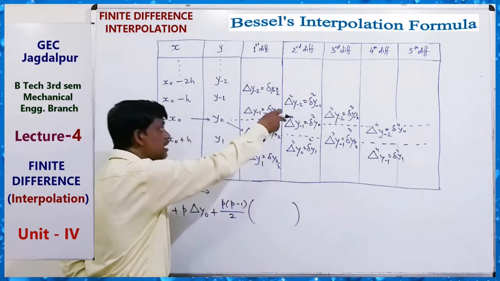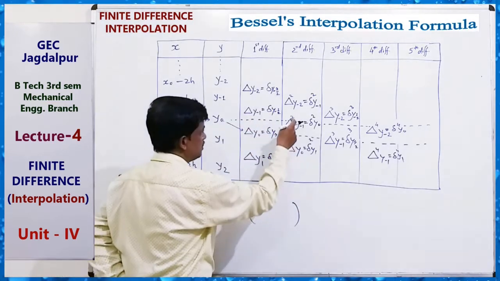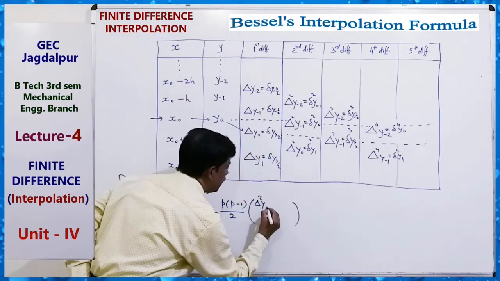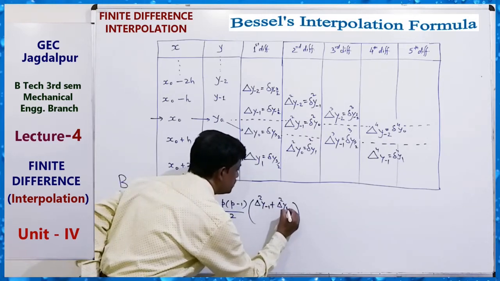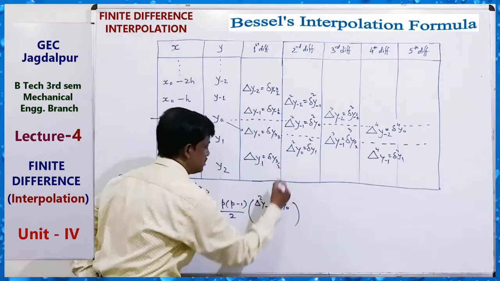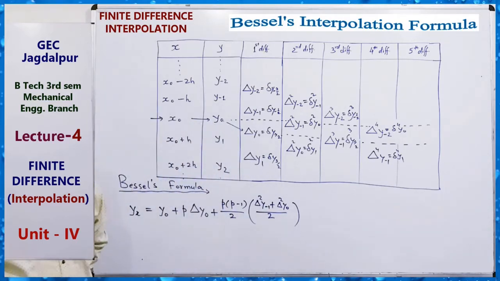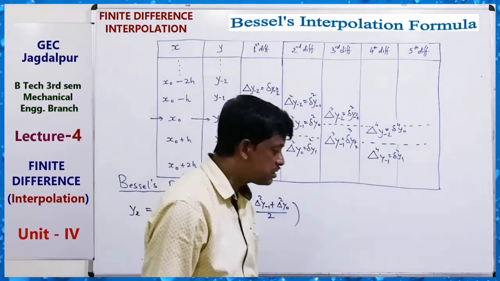Average of the second difference here. So this and then this and this. So del square y minus 1 plus del square y 0, upon 2. Average of this. Second order difference. Average of these two. Okay. Now p minus